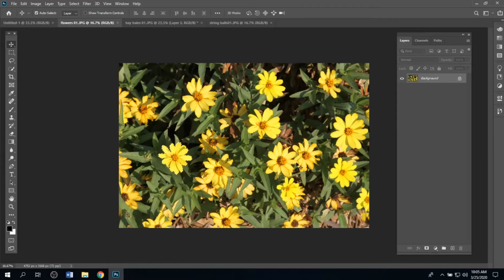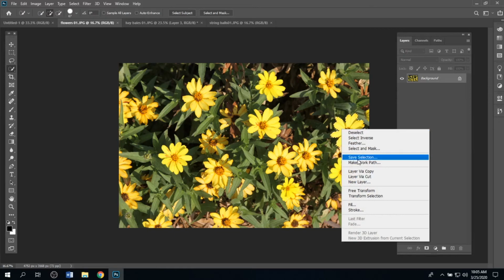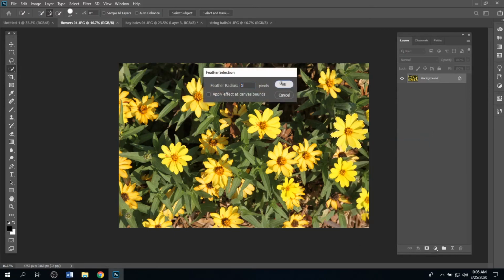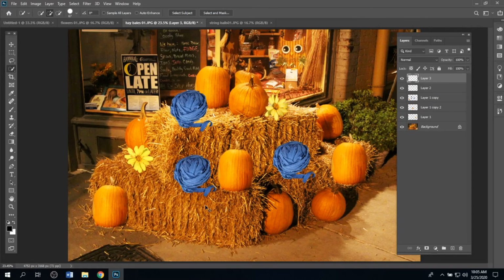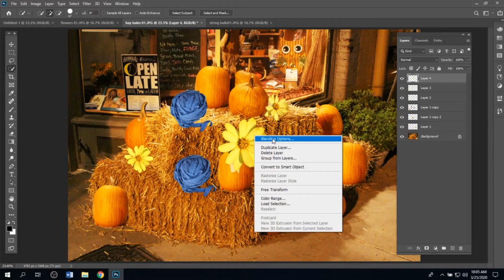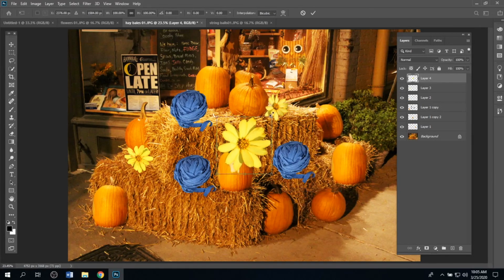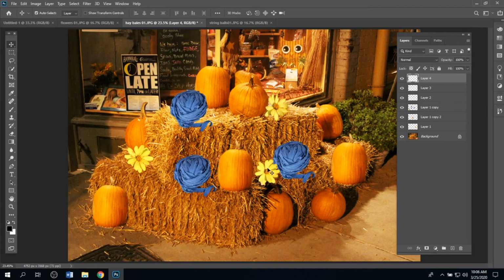Go to another, well, first of all, I want to deselect, go to a different flower with my quick selection tool. Now here I could right click, Feather, and click OK. So I don't have to go to my menu every time. Control C on my keyboard, and then Control V will paste, right click, and then I can free transform and scale it down and hit Enter. And with my Move tool up here, I'm going to move this over,